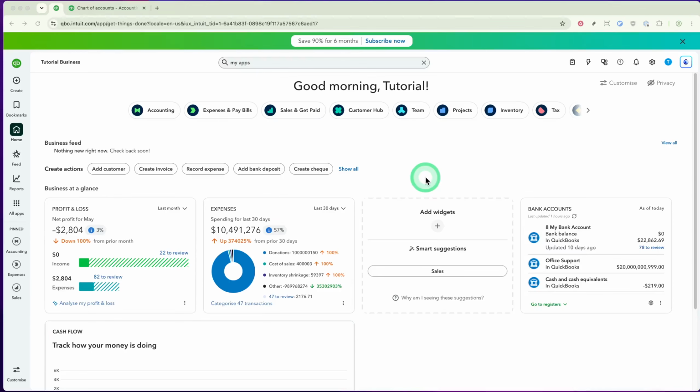In today's video, I'm going to teach you how to add assets to QuickBooks Online. Managing your assets effectively is a critical part of keeping your business finances organized, and QuickBooks Online makes it easier than ever. Whether you're tracking fixed assets like equipment or other assets such as investments, this step-by-step guide will walk